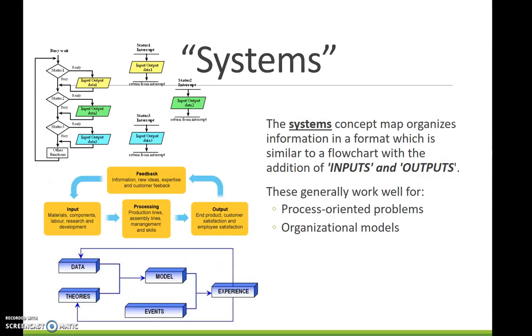Systems map is the next map that we looked at, and these 3 examples are not the only examples of a systems map you can have. This is great for showing something like a cycle. So this would be a feedback cycle for anything. It might be a project in your classroom where you give students new input and then they process it and then they come up with some sort of a product, then they get feedback and new input and process again